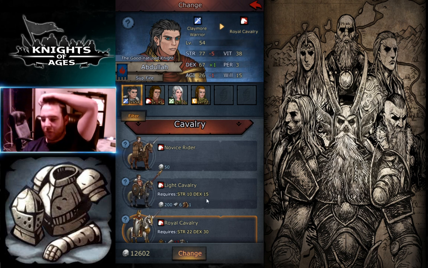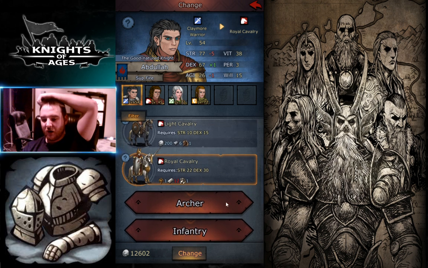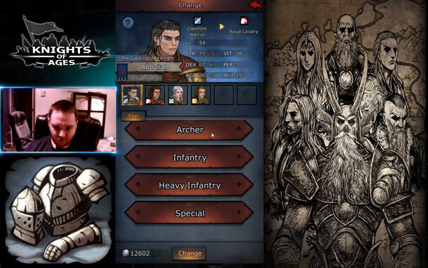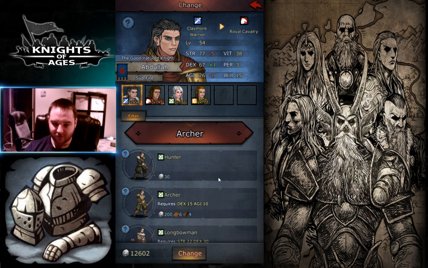So if you're missing Dexterity, go into this, and you can switch back to Novice to get your Strength, and always look out for how you can switch your classes to increase the efficiency of your class upgrade if you want. The Longbowman and Royal Cavalry have the same